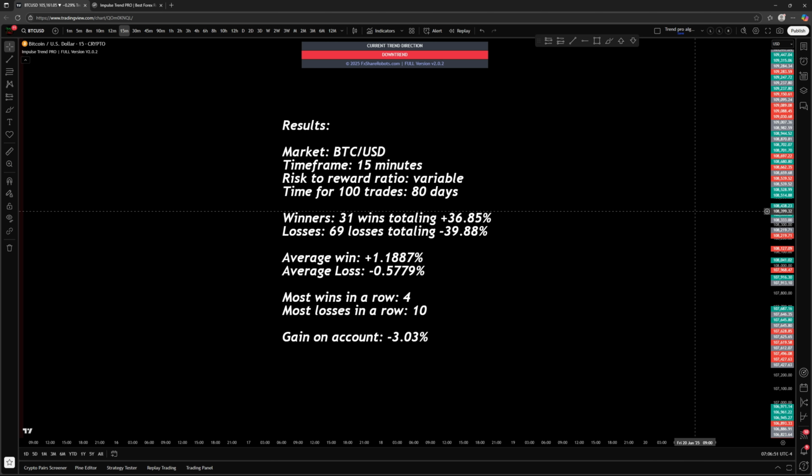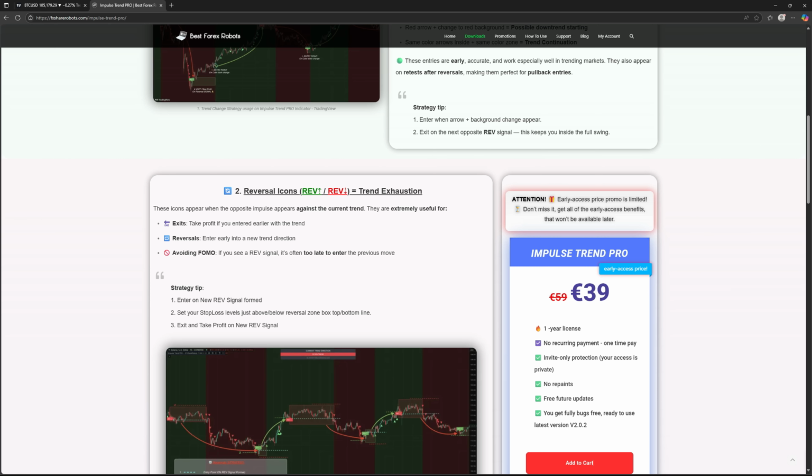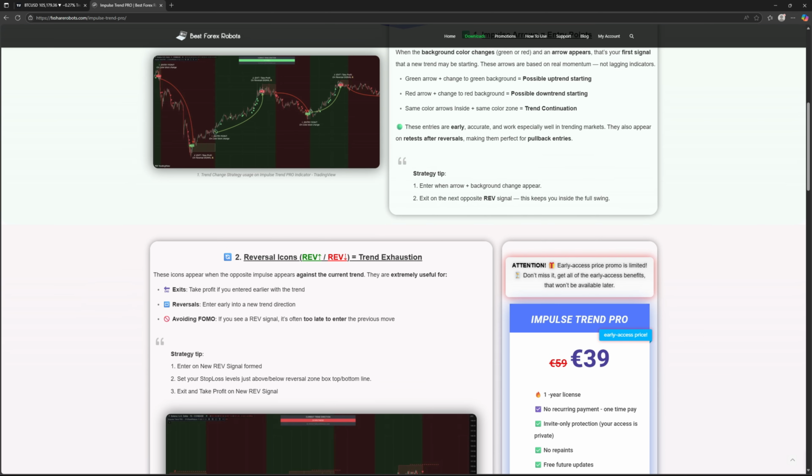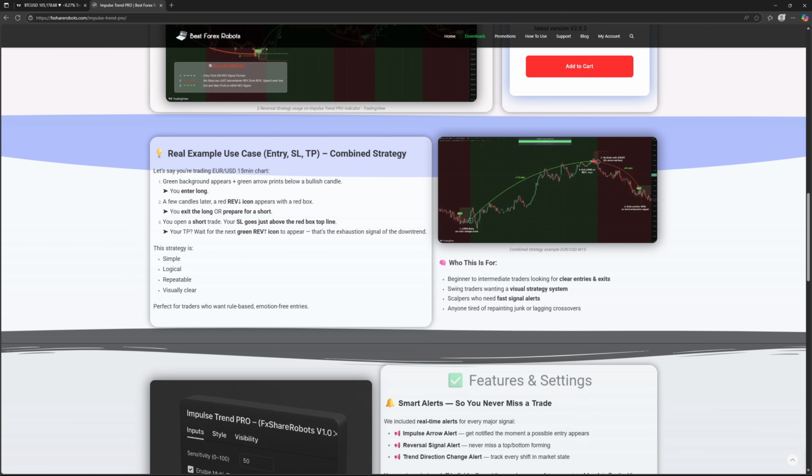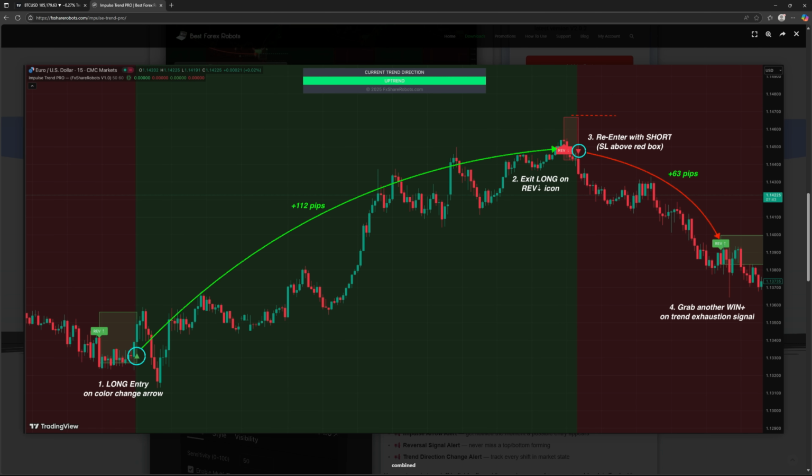So this is the test that I personally did and got the results for. I'm sure there's better ways to use it. I'm just going based on what they said. And I can definitely think of better ways to use it, but since this is the only one of these paid Facebook ad indicators that actually gave a strategy and outlined a strategy for me, as I went over earlier here, I went with the one that they explained to me, and